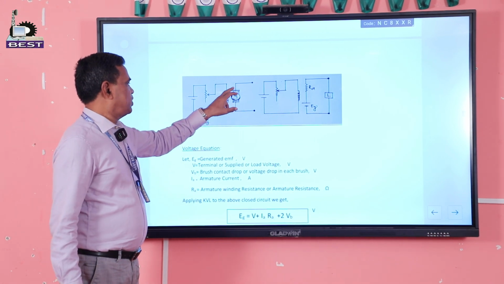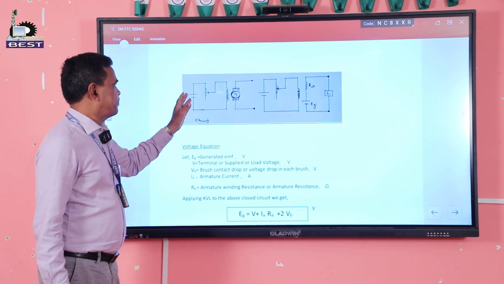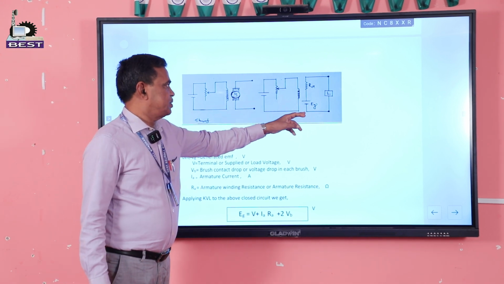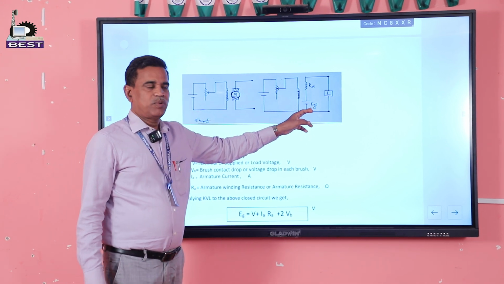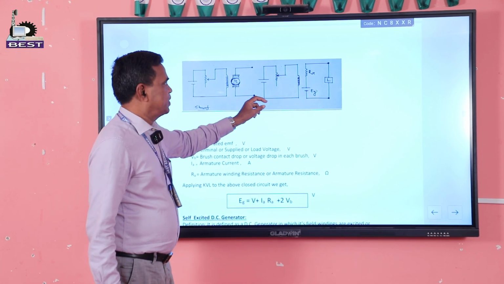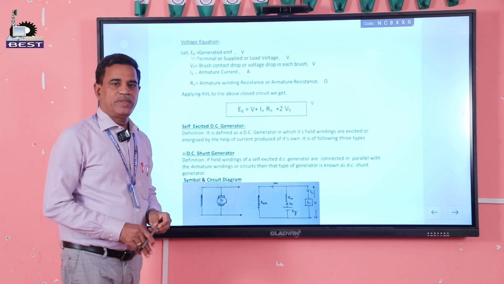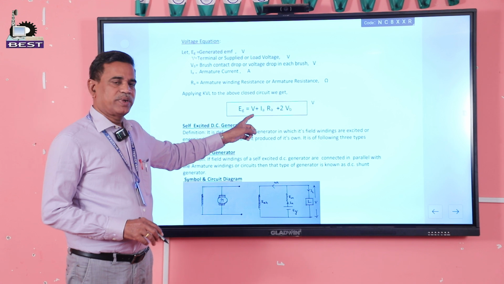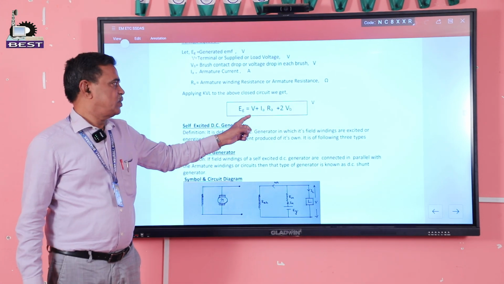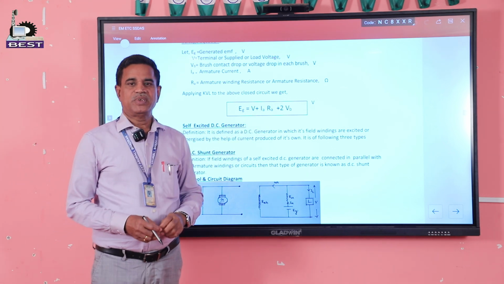Here this is the symbol of the generator, and here we have the brush. The generator has a separate supply from voltage source V. This is the electrical equivalent circuit where Eg is the generated voltage, this portion is the external voltage V, and then this is the load. The voltage equation will be Eg is equal to terminal voltage plus IaRa plus 2Vb,